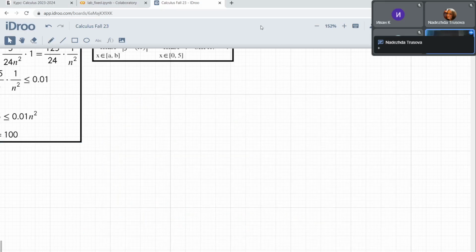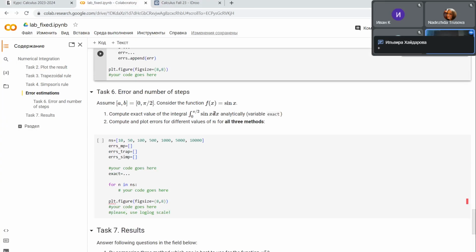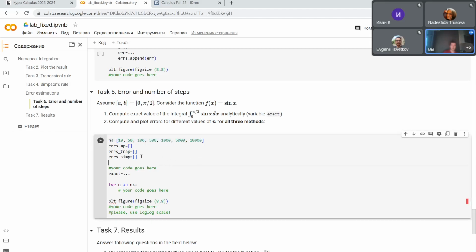So that's great. And the last task is dedicated to comparing all three methods. We suggest you take a concrete function, a concrete segment again, compute it analytically again, and after that compute the numerical values of the integral with all three methods for all the given values